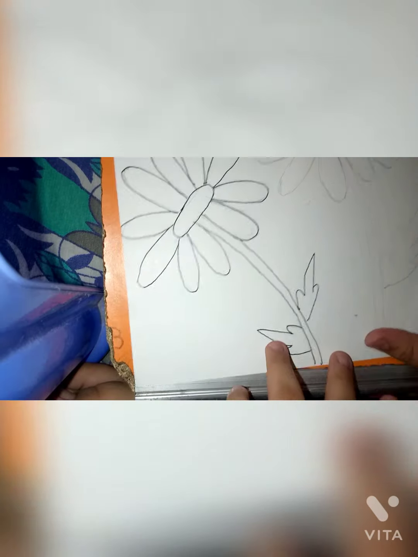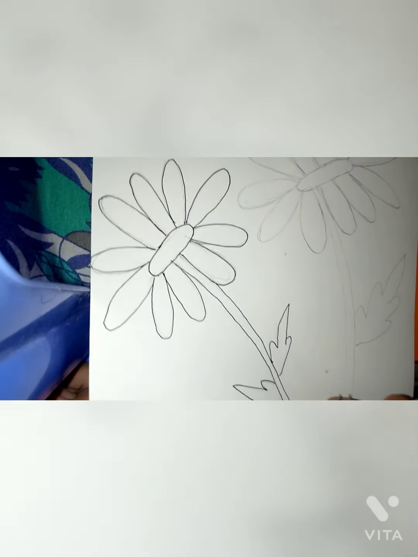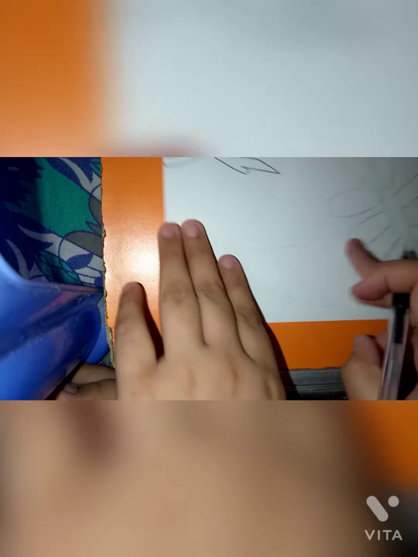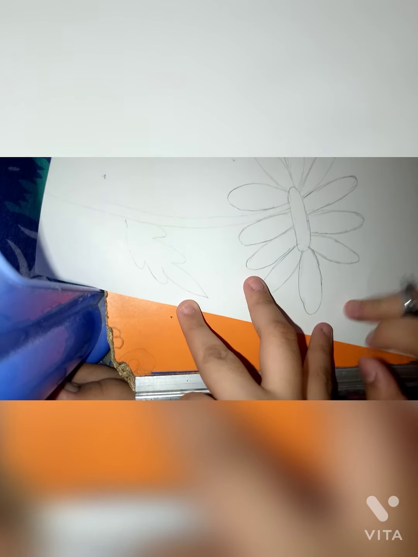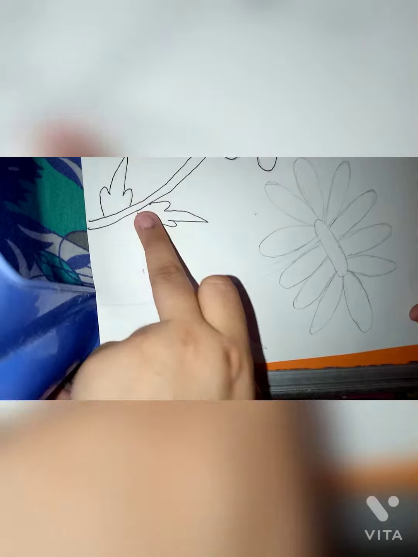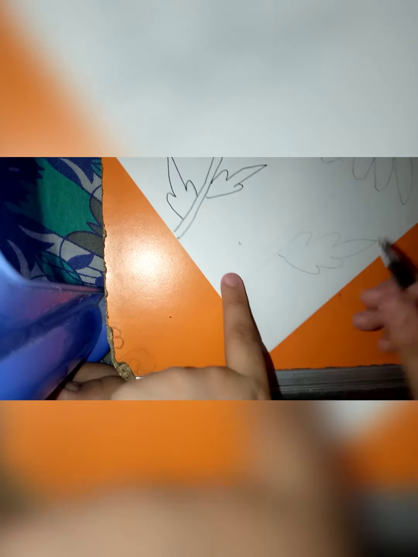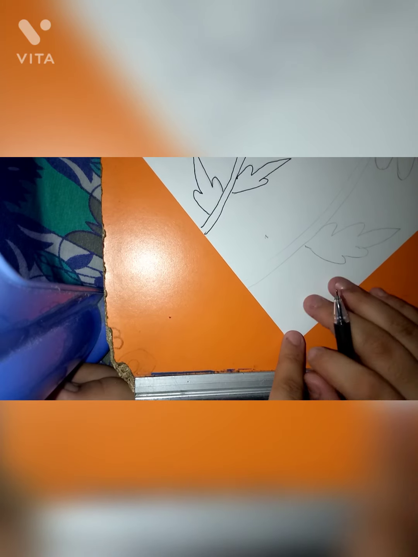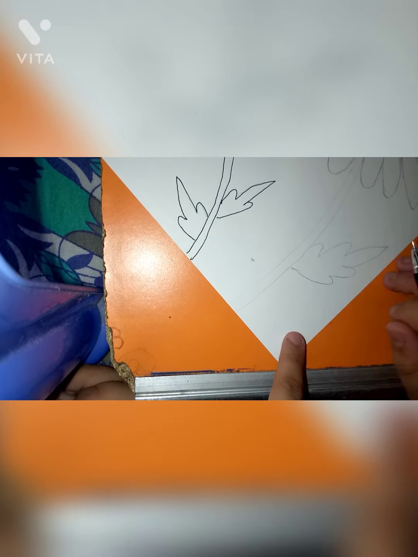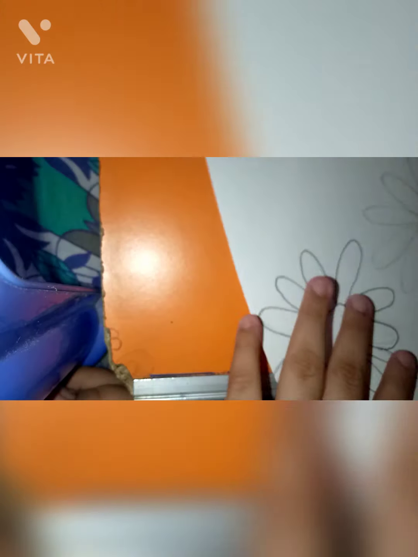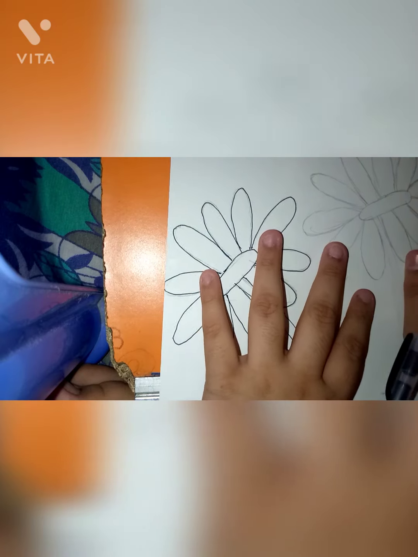See guys, I have done this flower. Now I will do this flower. Can you see this flower? We will draw two leaves because this is a small flower, and I will draw only one leaf because the space is maximum in the sheet. It's your choice. You can take an A4 size sheet or an A4 cut into a square.